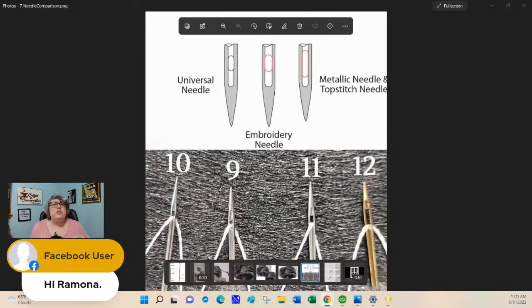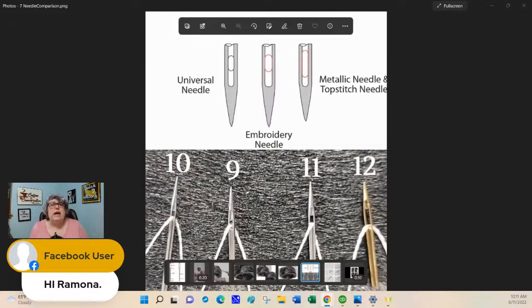Here's your standard machine sewing needle. This is great for your cotton poly threads. Your sewing machine generally only goes about 400 stitches per minute, so it can tolerate a little bit more friction. It's not going to pull your thread as hard. But with embroidery we need the extra space in the eye of the needle to accommodate the different thread sizes that we use and the friction that's going to happen as your needle is doing its job.